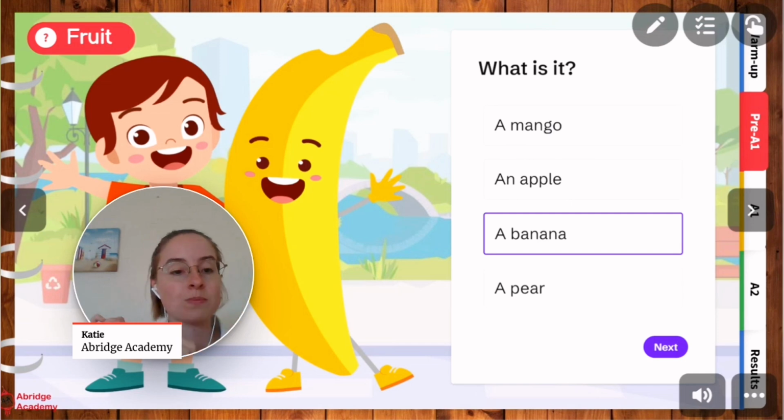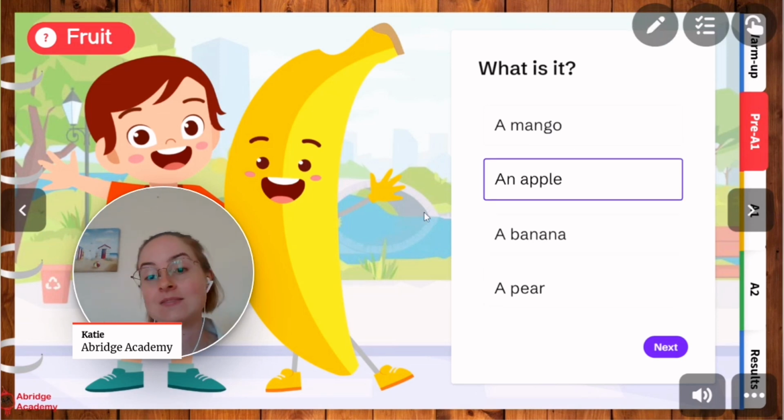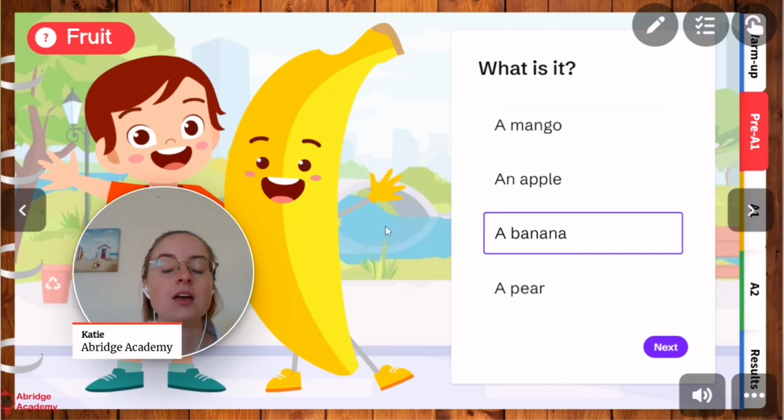But when it comes to the placement test and what you put into the test, if they got it wrong, click on what they said. Don't click on the correct answer, because otherwise the placement test is going to assume that they know this word perfectly. So click on the word that they said and then we're going to be moved straight on